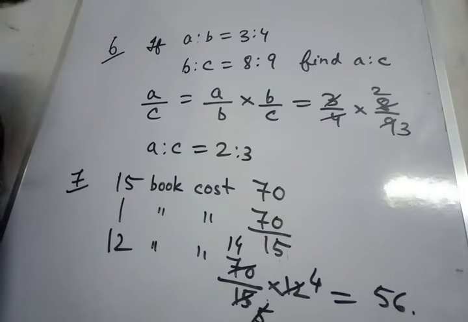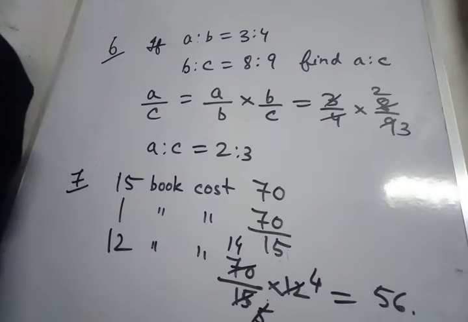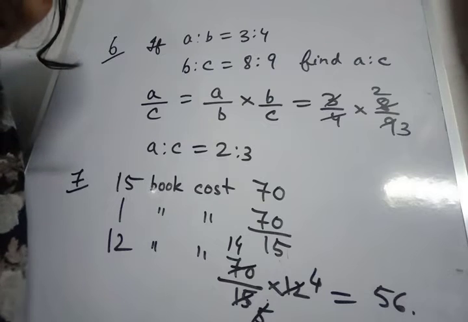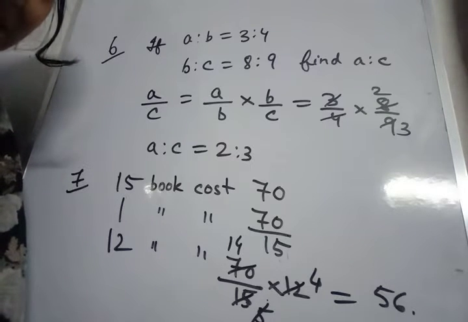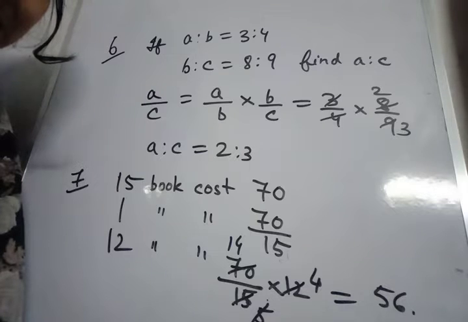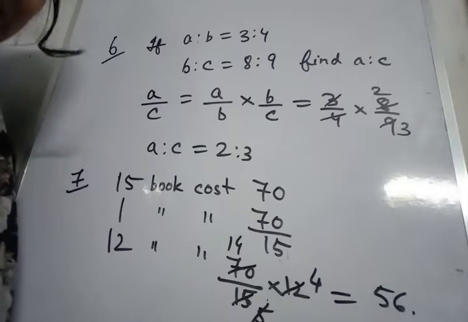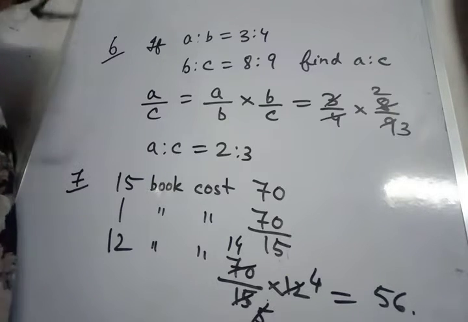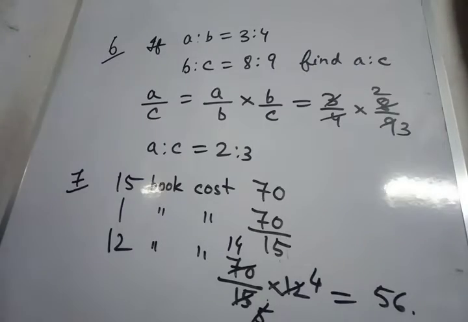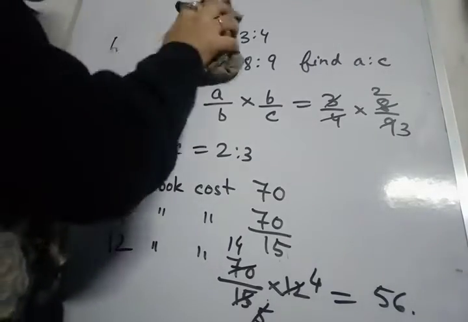Okay. Next we move to sum number 8. The question is given, out of 135 students of a school, the ratio of the number of boys to that of the girls is 5 is to 4. If 5 more boys get admitted, what will be the new ratio? So let's do this. Here we have to take common unit as x.